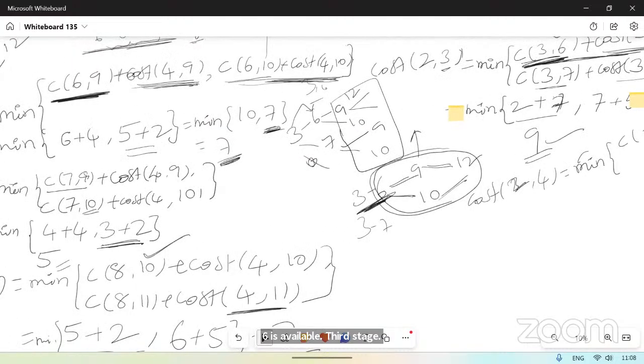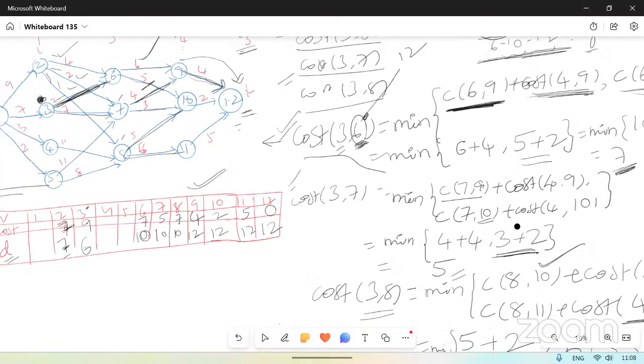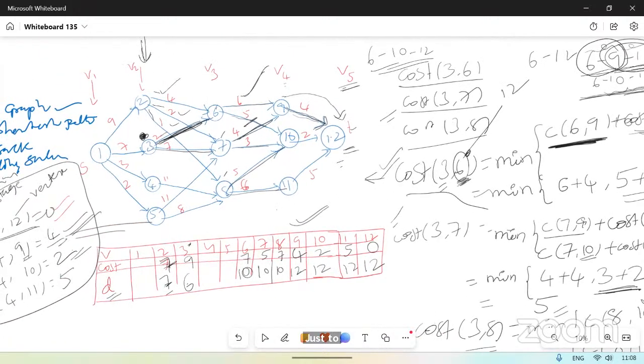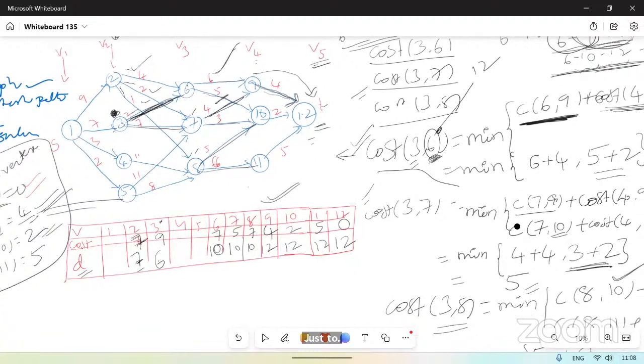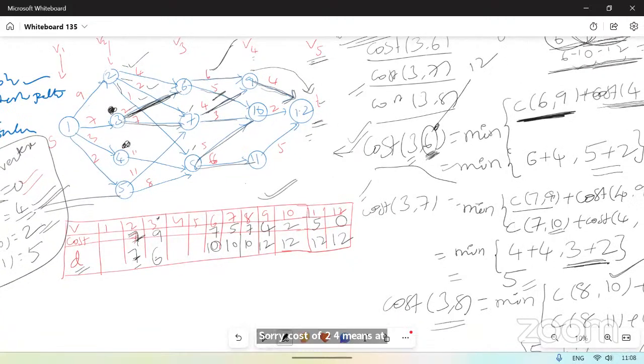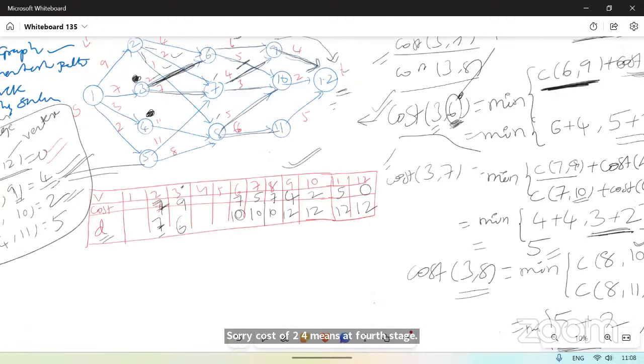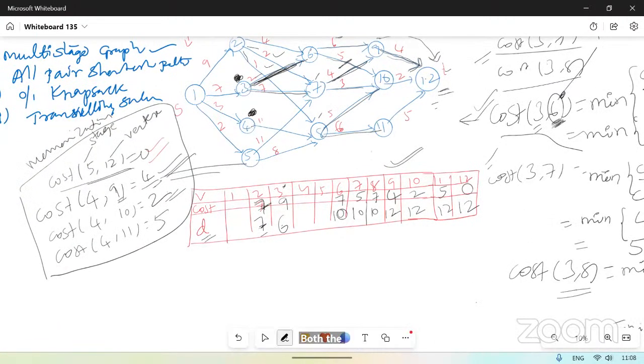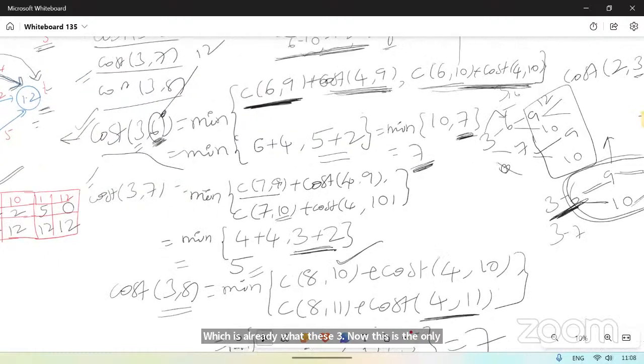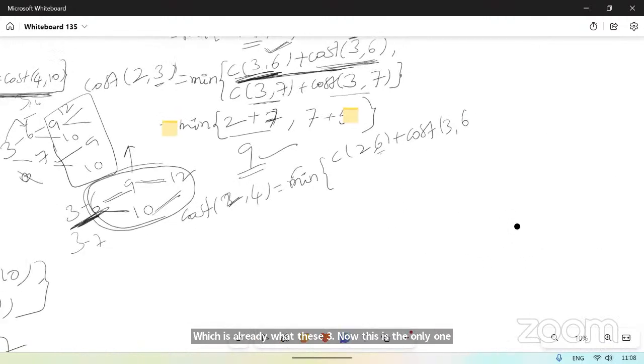Just a minute. Sorry, cost of 2, 4 means the fourth node, second stage. Fourth node, second stage, there is only one path, which is already over these three. Now this is only one path. So 4 to 8 only. So for that 4 to 8,